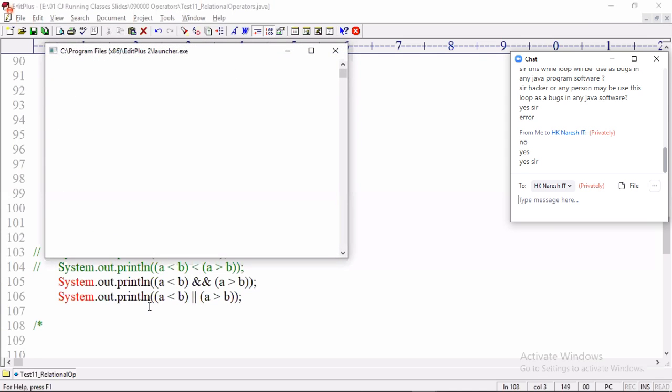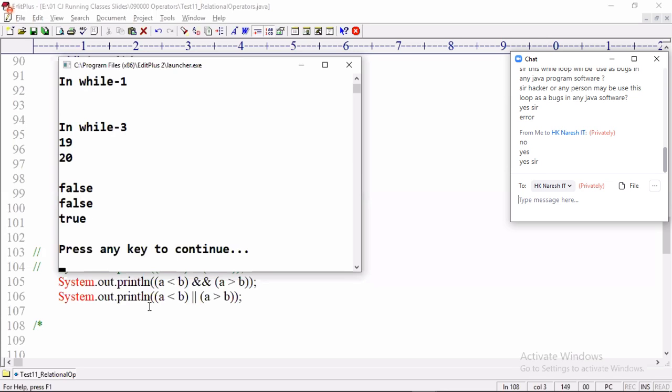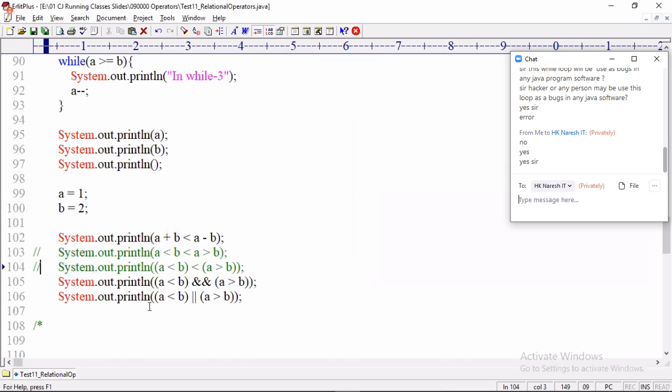It's compiled successfully, executed successfully. We get output false true. Okay, why are you getting false true? I'll explain in the logical operator section. Okay, fine. Then now